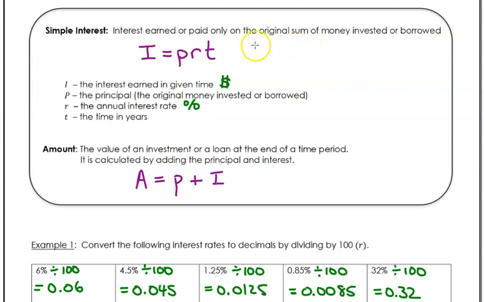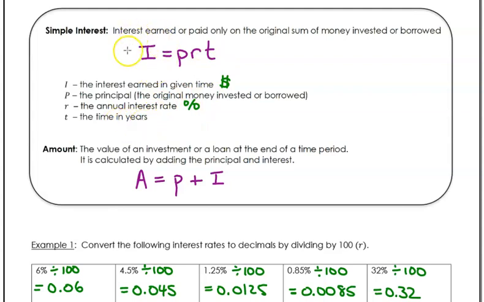Now, there is a calculation, some sort of formula you can use in order to calculate simple interest. We use a capital I to denote the interest, the amount of money, the dollar amount. So I want you to put like the dollar sign right here, the dollar amount of money that you get as a reward or that someone is charging you if you're doing a loan. Okay, P represents your principal, spelt just like your principal at school. That's your original amount of money that you're investing or you're borrowing. The R is your interest rate, and so that's the percentage. T is going to be time, and time always has to be in years.